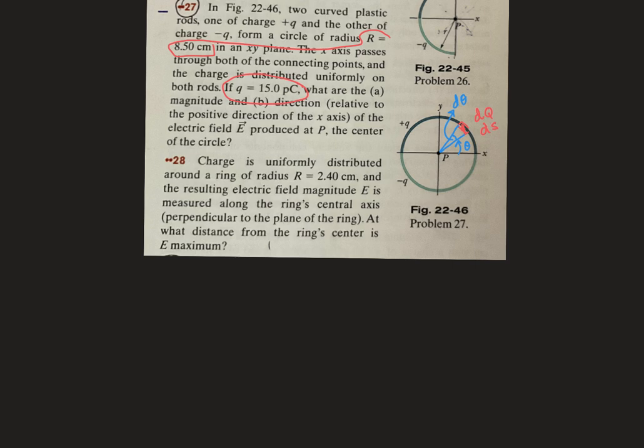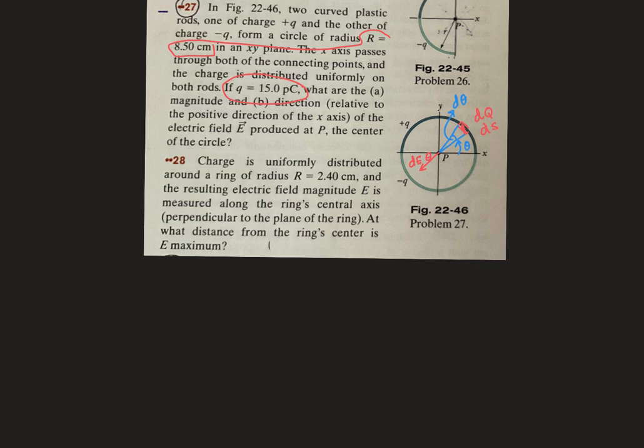Now let's mark the electric field produced by this small piece here, and this is a positive charge, so the electric field at point E should be pointing away. And then the angle over here, this angle here, is taken as theta. So we can look at